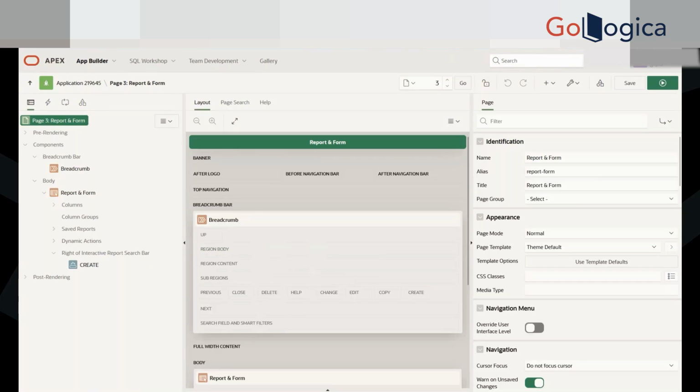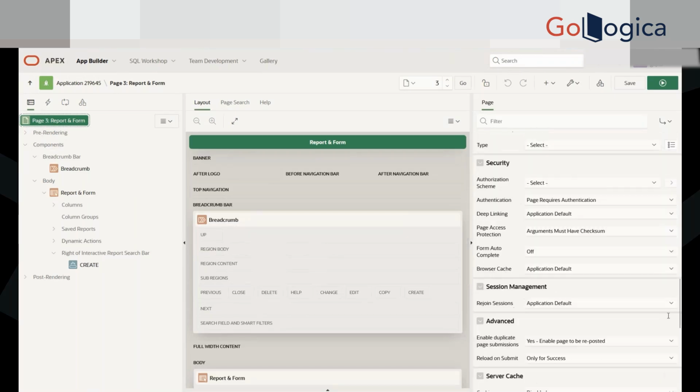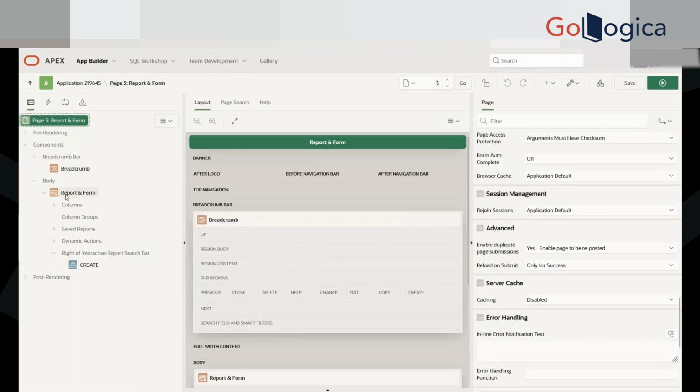And on the right side, this is the detail section of each attribute. Wherever you click in the leftmost section, the detail for that will show in the right side part. Say, currently the cursor is on the page 3 report and form, so you can see all the details about this page appearing here. If I move the cursor here,